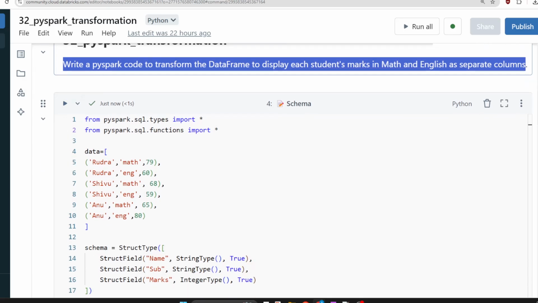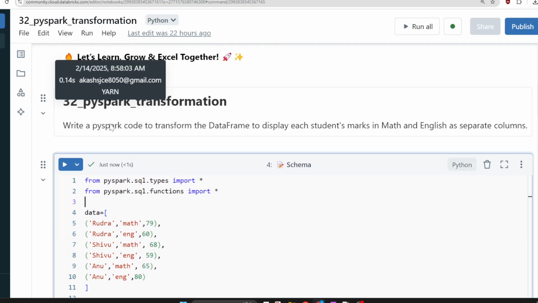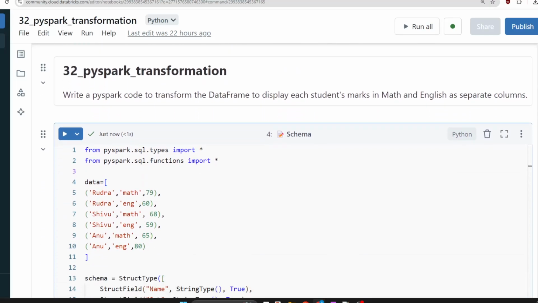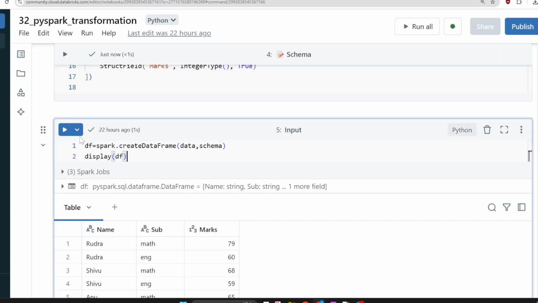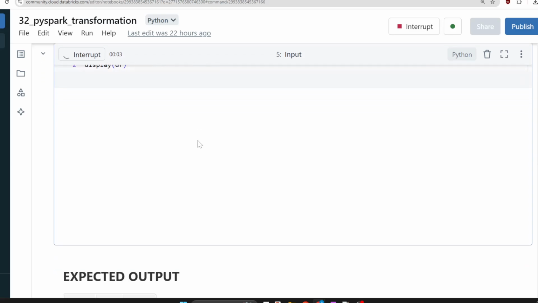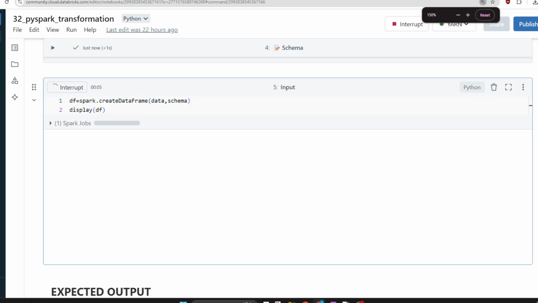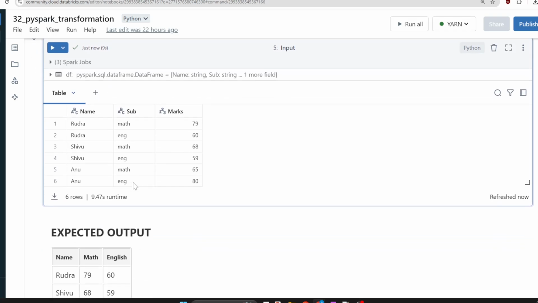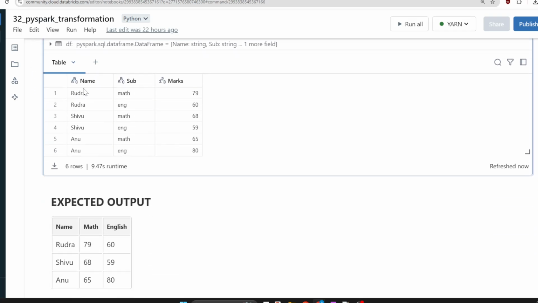I've already created the data frame. You don't have to create it. Data and schema, I will be sharing this particular notebook on GitHub. So if you want, you can go to this GitHub location and download the dbc file. Let us see the input, how it looks, and let's see the expected output also. Let me execute the data frame. In the input, we have a data frame where we have name, subject, and marks. And if you see the expected output,